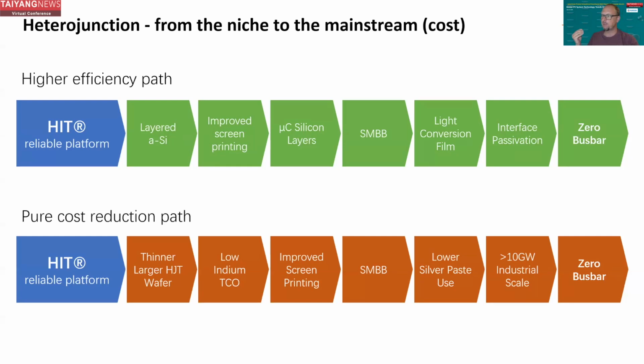And the latest one, zero busbar. That is a massive, massive improvement in the cost. I think our colleagues from Ryzen will mention it later, we are at a position where the silver consumption is lower in Heterojunction zero busbar compared to TOPCon. And we all know how important that factor is. We are also at a position where the wafer cost of Heterojunction is much lower than TOPCon